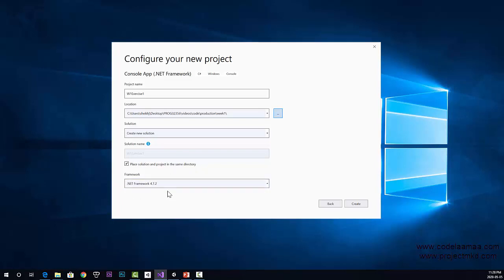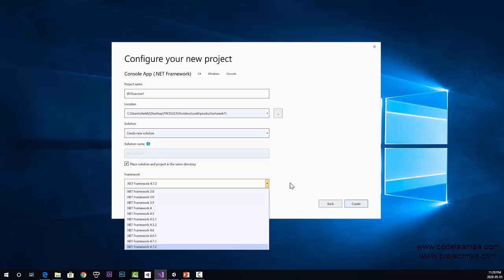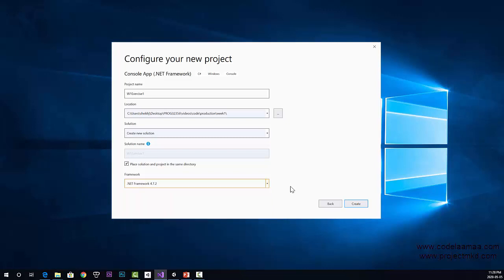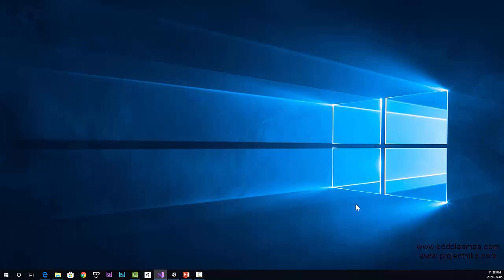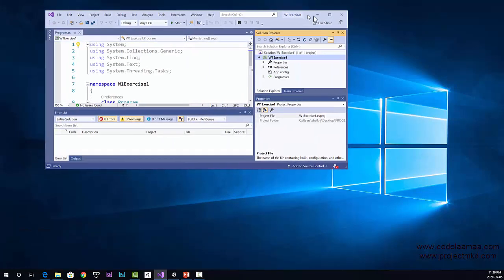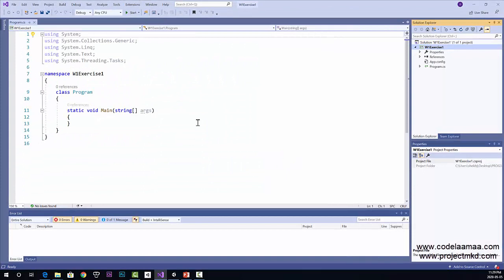Now in terms of framework, what version of .NET do we want to use? I'm going to be using 4.7.2. You can use an older version if you wish, depending on what the requirements for your projects are, but if you're learning like me, then 4.7.2. We'll hit create. Now it has generated a project. You'll have to forgive me, I actually have extended desktop going, so I'm going to have to keep dragging windows over. And you're going to see that it has auto-generated a project for me, and it has opened up a